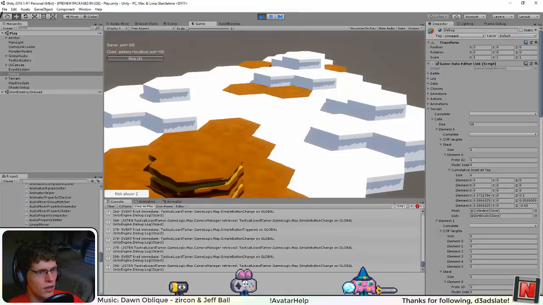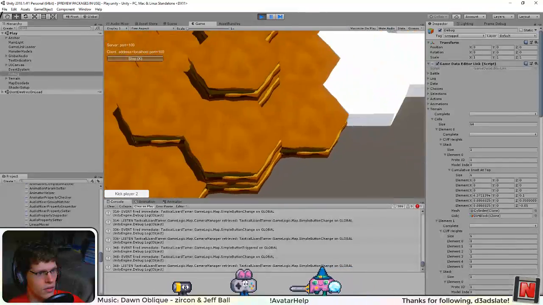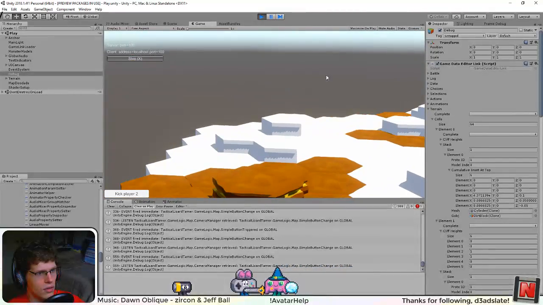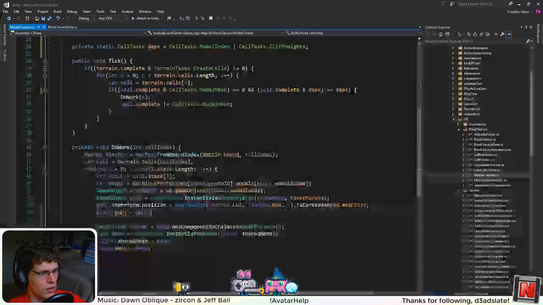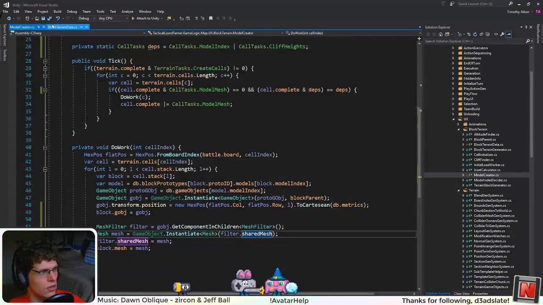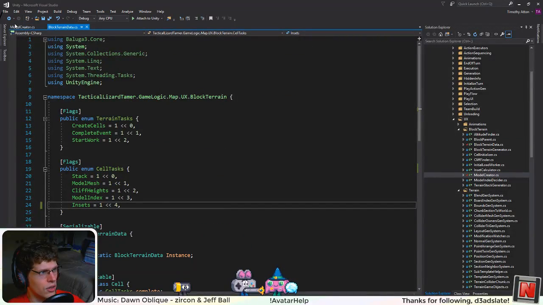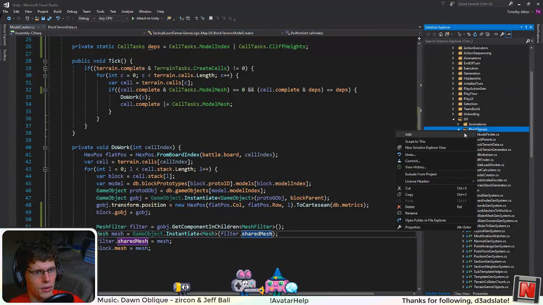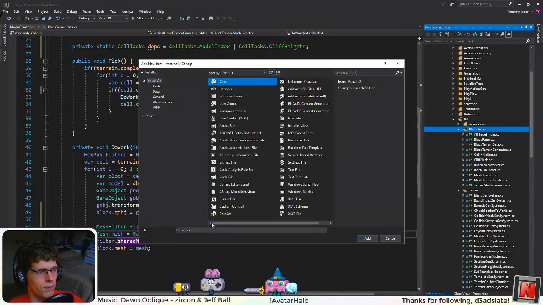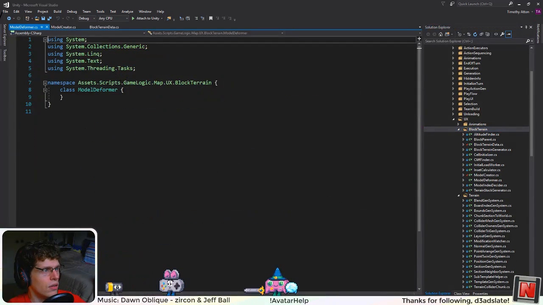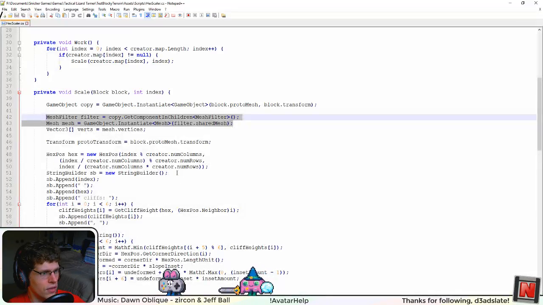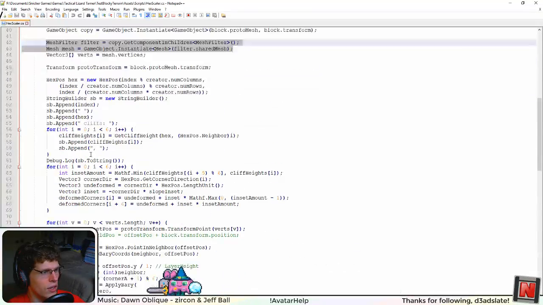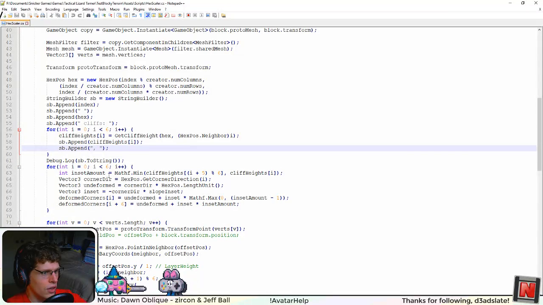Okay, yeah, so everything's still there. Alright, so let's try and do some deformations now. So I guess I'll just have a model deformer class. We could have a separate class that figures out, because how I did it here was first, okay, well there's